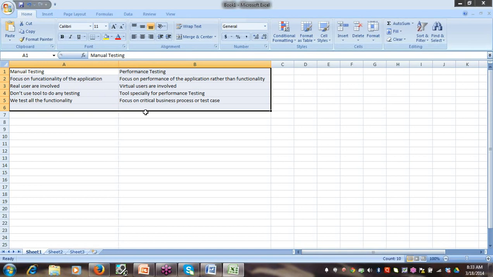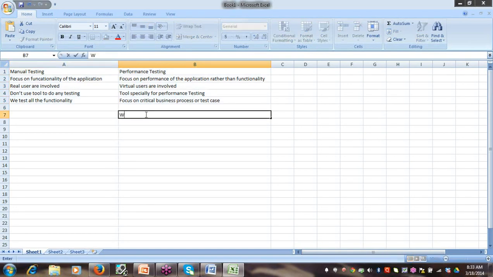Team, one thing to remember: we start performance testing only after manual testing has been completed, because we need a stable environment.